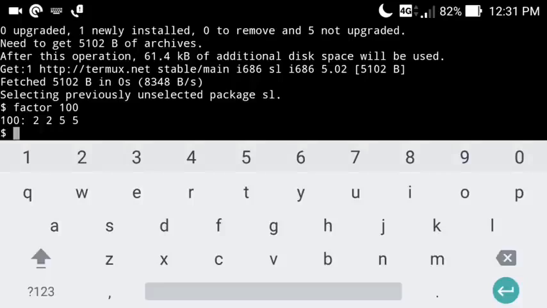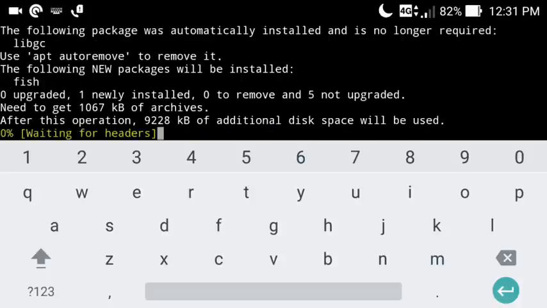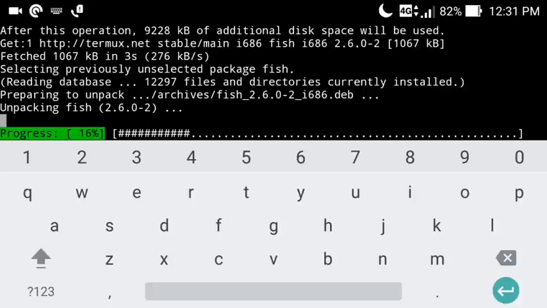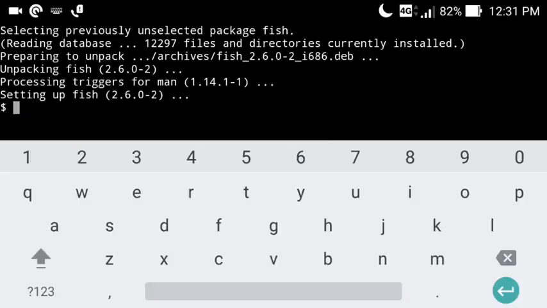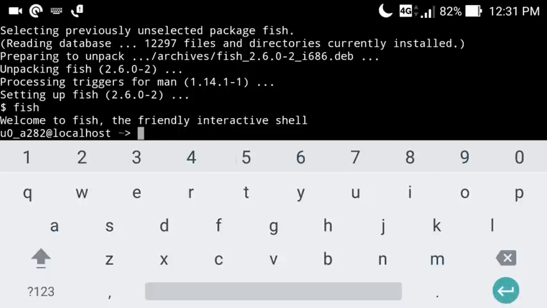First of all you need to type here apt install fish. Fish is a particular package in Termux. Just type it here and wait for it to install. Now you can see it's installed. First type fish and hit enter. Now you can see it has changed the layout of the terminal. Now you just have to type any particular command, like I want to go to the folder cd metasploit-framework-4.14.28. I will not need to type it fully. Here you can see I just typed cd, and it automatically shows that particular folder name. So I will not need to type it again.